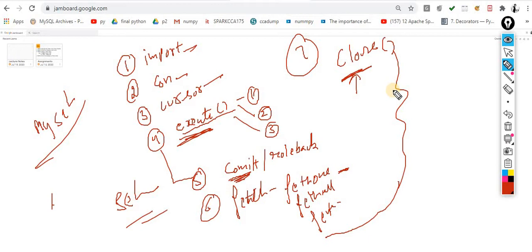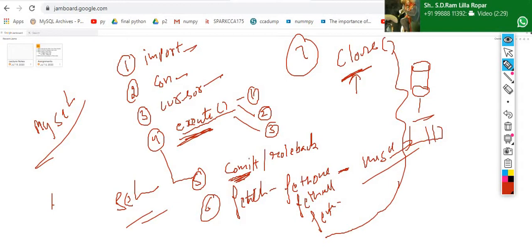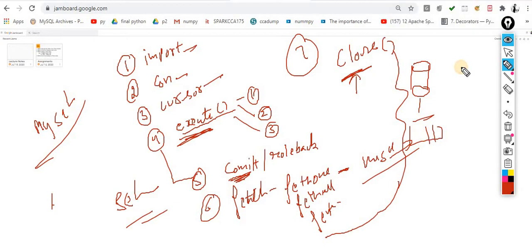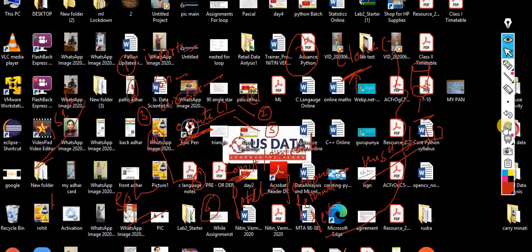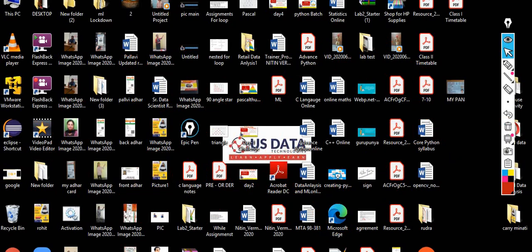In file handling we saw all these things, but this time the concept is a little different. This time we are fetching the data from tables, and this database contains the tables, and on the tables we process the MySQL queries. So these are the required steps for the same. Now I am showing you some queries, how we can process the data in MySQL, and how you can make it more useful.